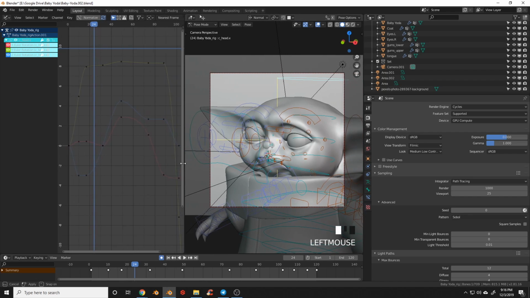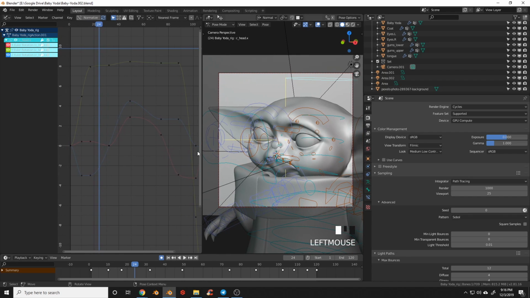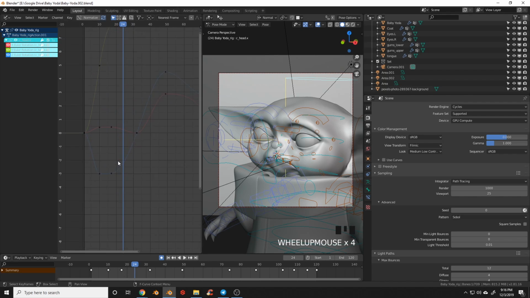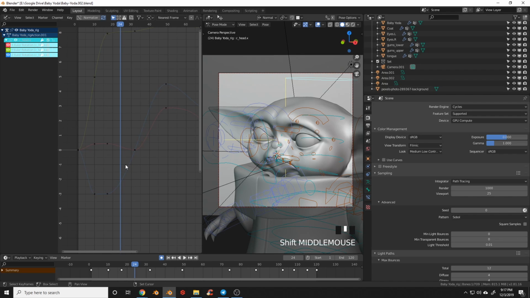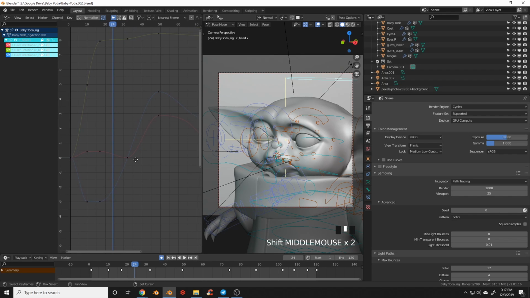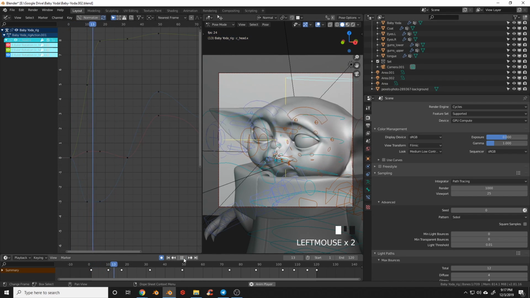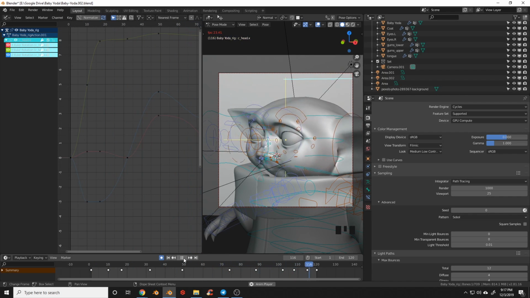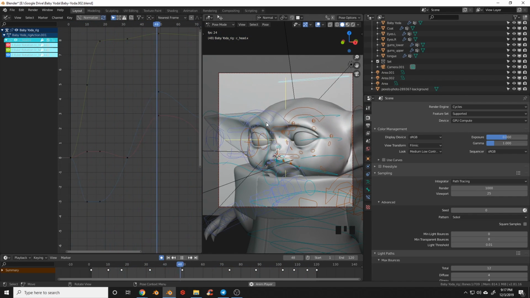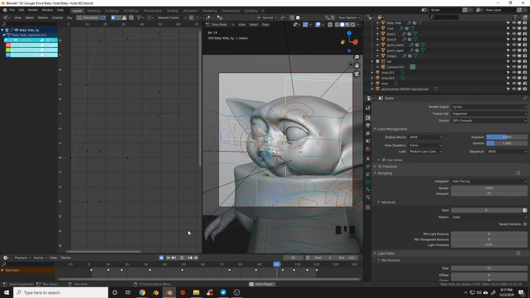Now you're going to have to go through and do this for each control that you do. It's a tedious process, but it's also what takes your animation that extra 10% and gives it that polished look. You'll spend a lot of your animating time usually in here adjusting these eases and tweaking your animation until you get something right. So we're going to focus here on his head movement. It can be hard, but you just need to focus on the general head movement. So that's all we're going at.